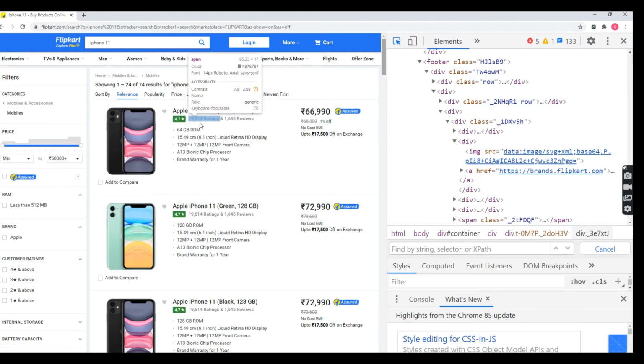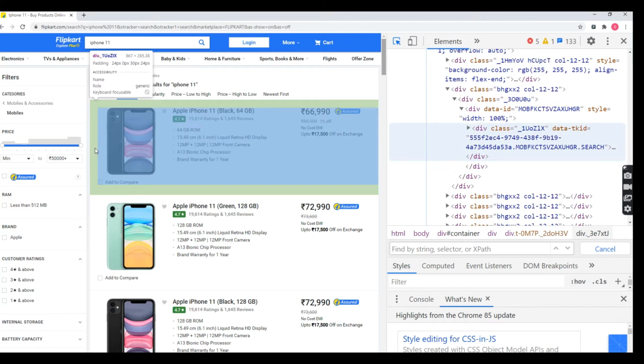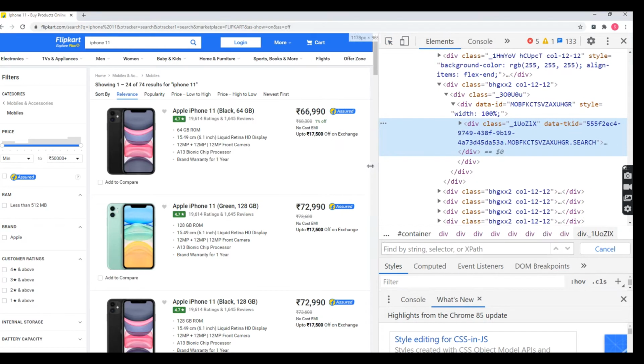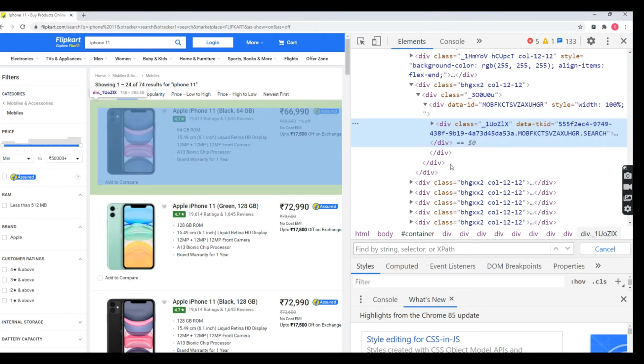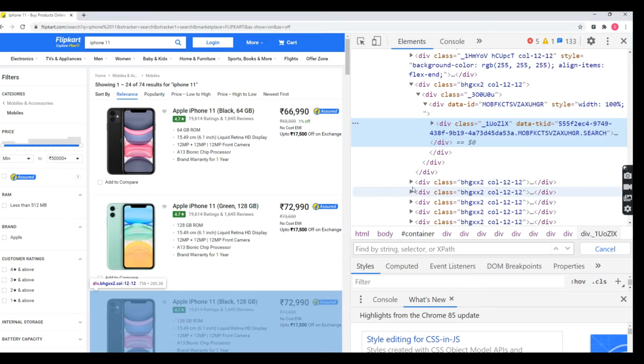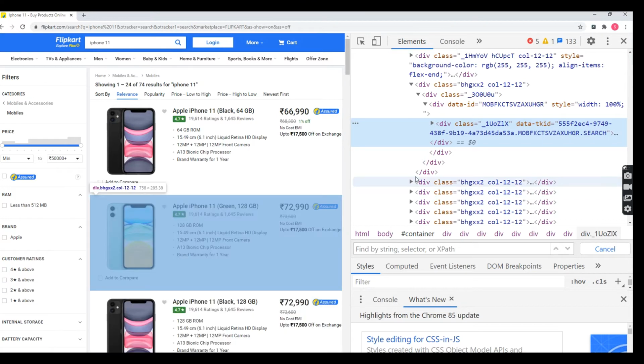Here I'm going to find this div. You can see this div, this div, this div. Whenever I move my cursor to the next div, the divs are highlighted one by one.